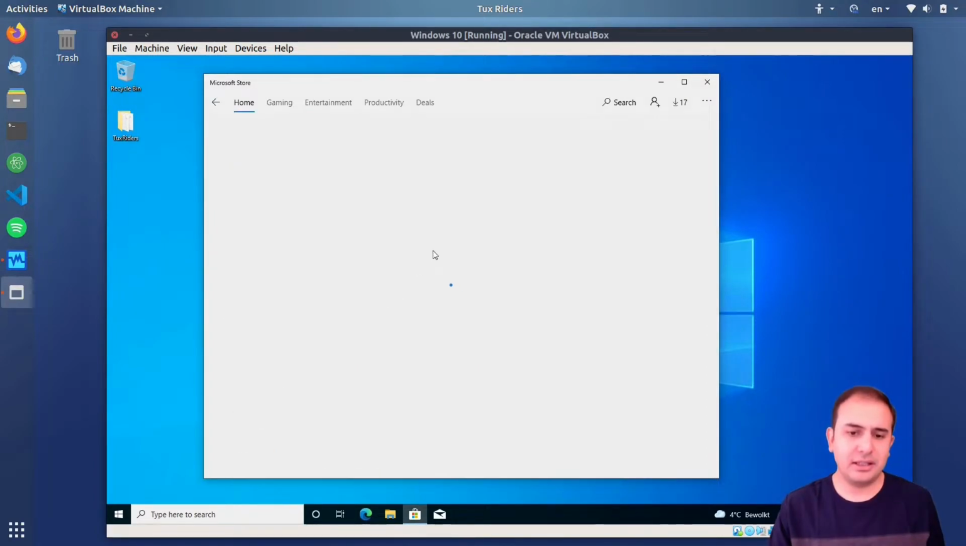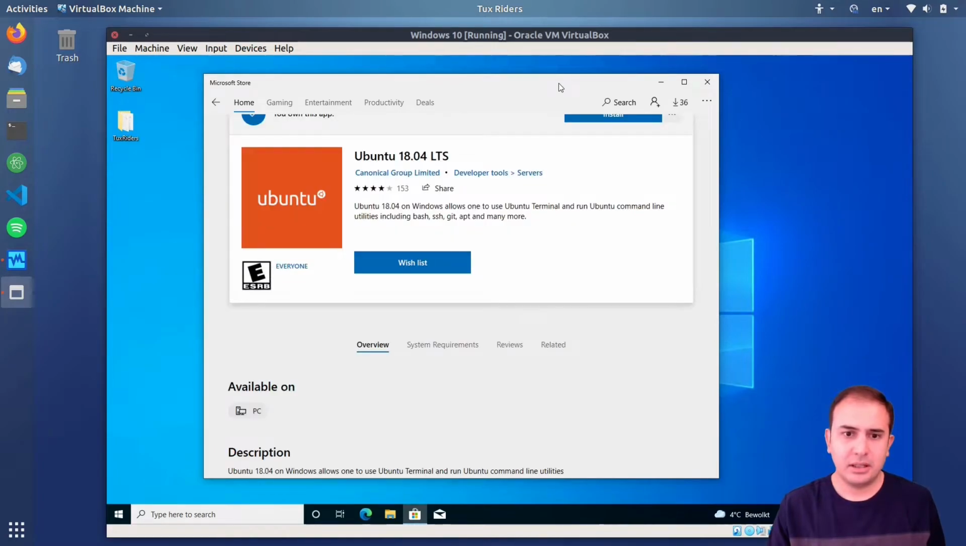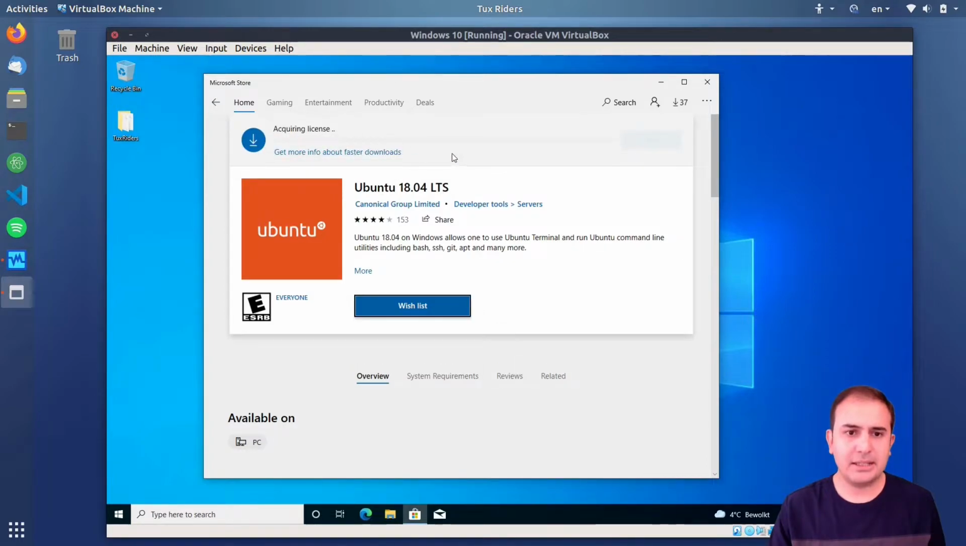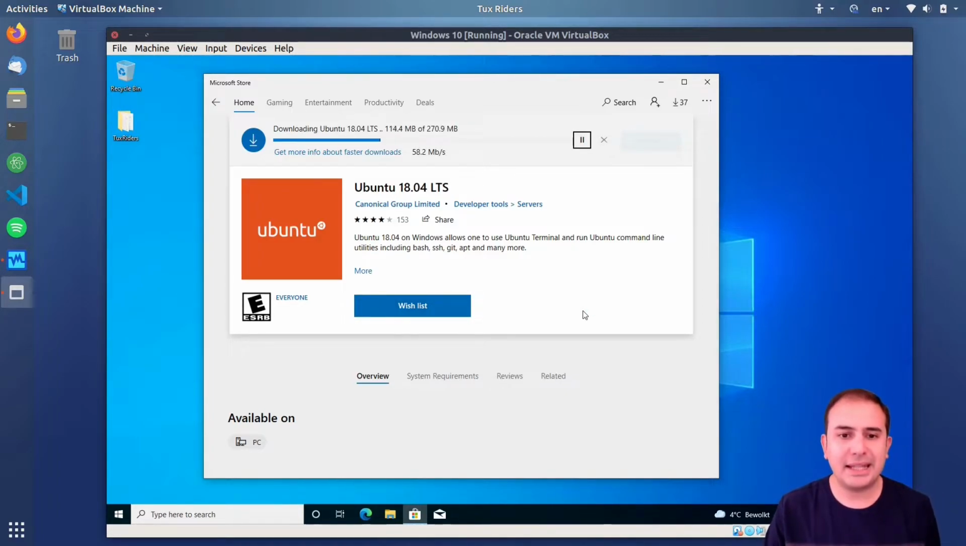and it says please sign in. Of course, we don't want to sign in, and it says install. You own this app, and then it tries to download and install it. And while it's downloading, yeah, we need to wait a bit. And after it gets installed,